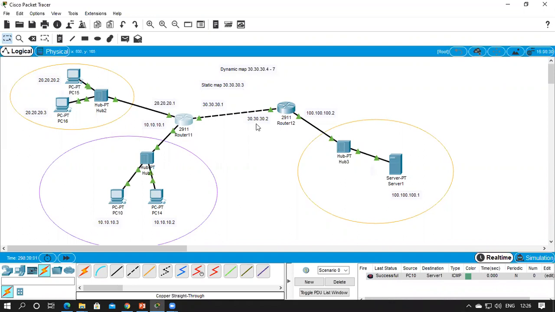Now we'll see the third type. So we have seen static map, that is one-to-one. We've seen dynamic map, where whichever features are available are mapped in a many-to-many connection. Now we'll see the third type, that is many-to-one connection,